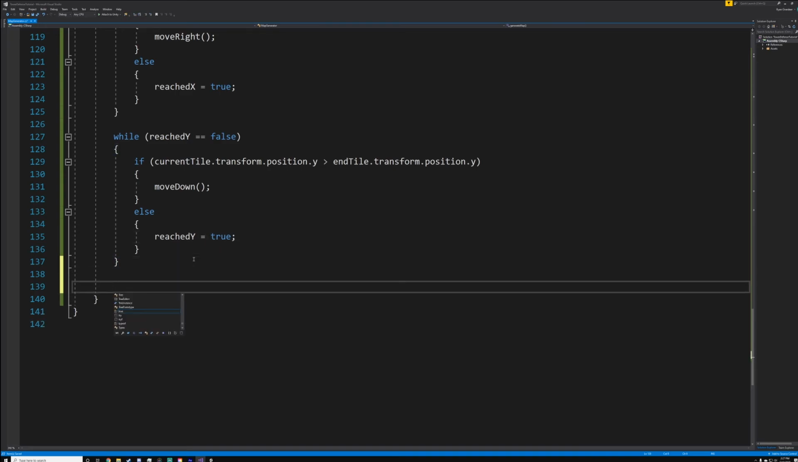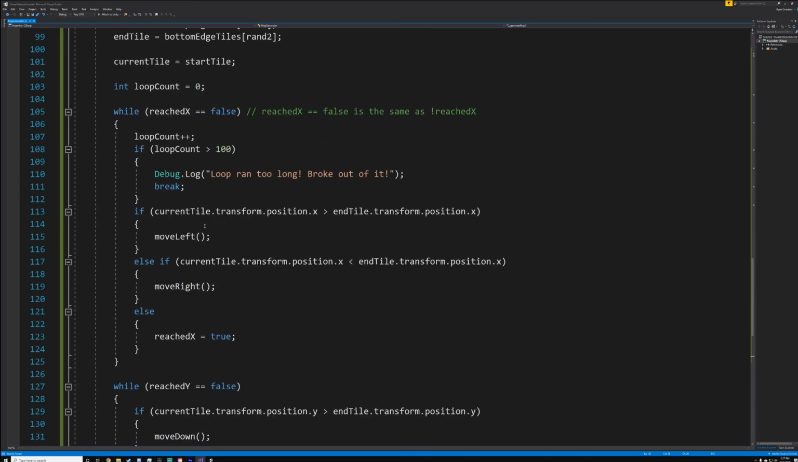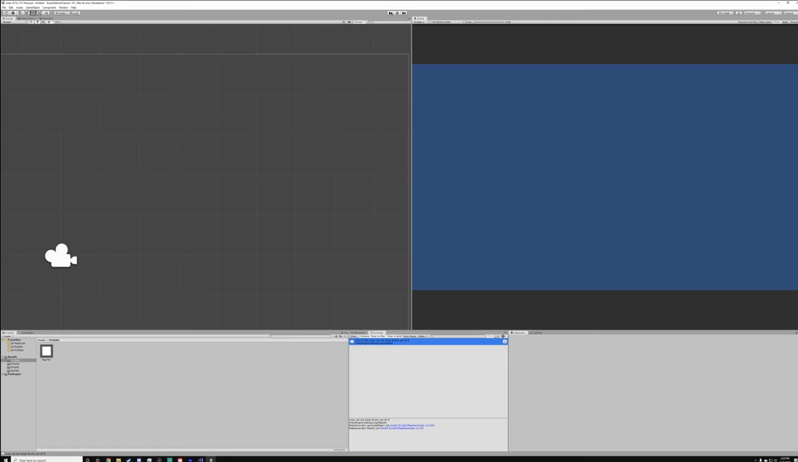And then we should just do for each game object obj in path tiles, destroy obj. So what this is doing is, after we have created the path, we're just going to destroy it. So let's go into here, go to play,